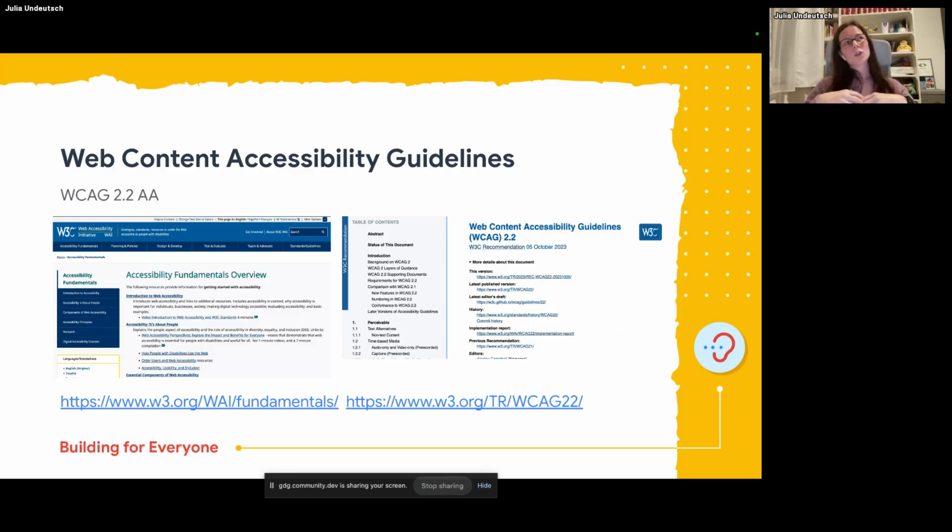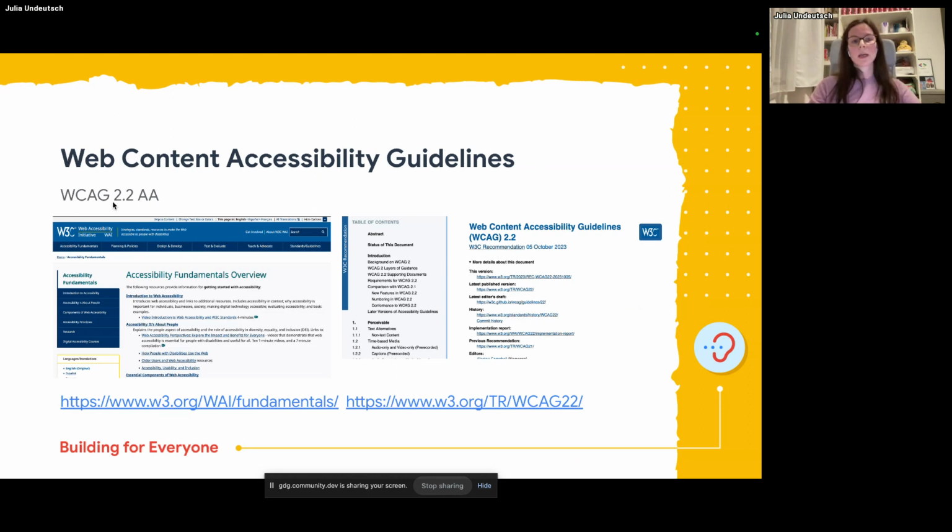And in addition to our personal experience, we also have guidelines which can help us identify possible gaps, or help us realize and memorize what we should include when we create new designs or when we refactor old existing designs. You can do so by checking out the Web Content Accessibility Guidelines.